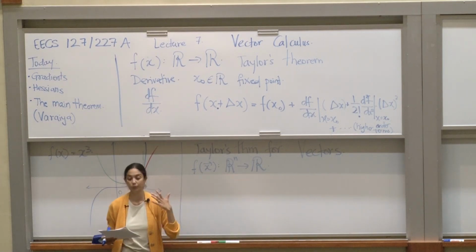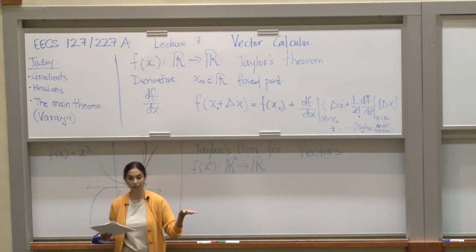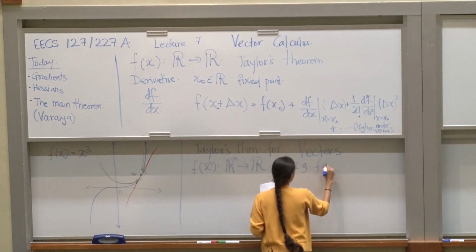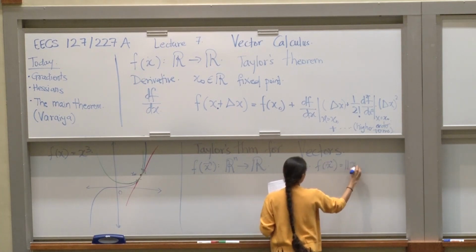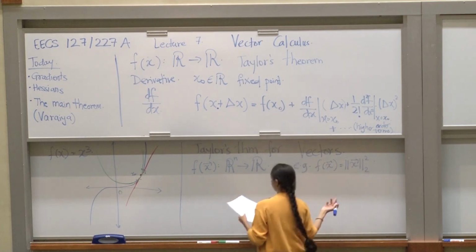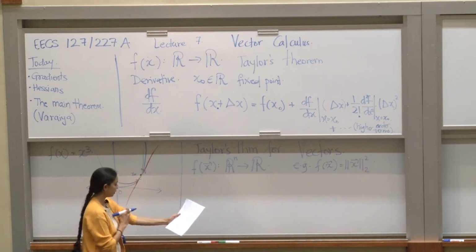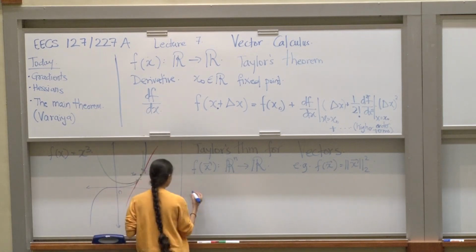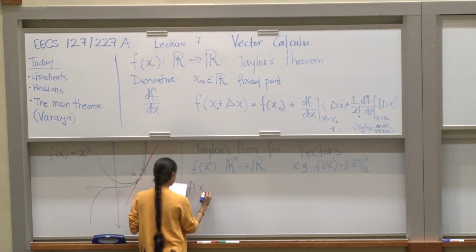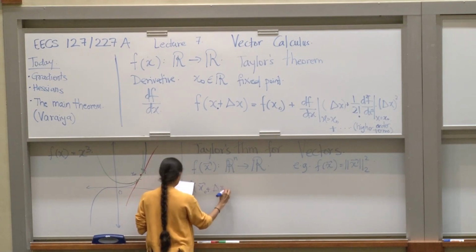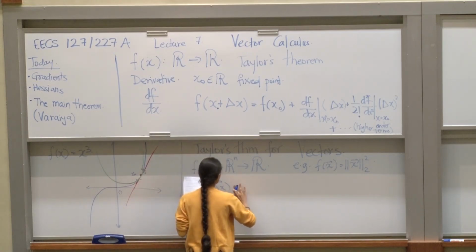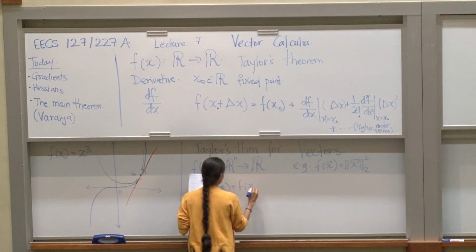What's an example that we've dealt with a lot that's a function of a vector but returns a scalar? The norm, right? Dot product and norm. So for example, f of x equal to norm x. True norm, but we can be really any norm, right? So it turns out we can write a similar expression, and we can write f of x naught plus delta x. So here now delta x is a vector, is equal to f of x naught